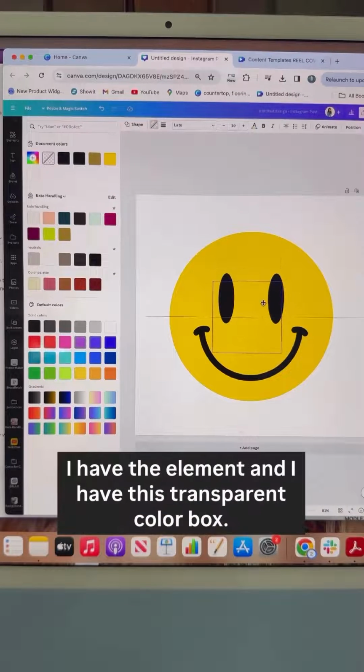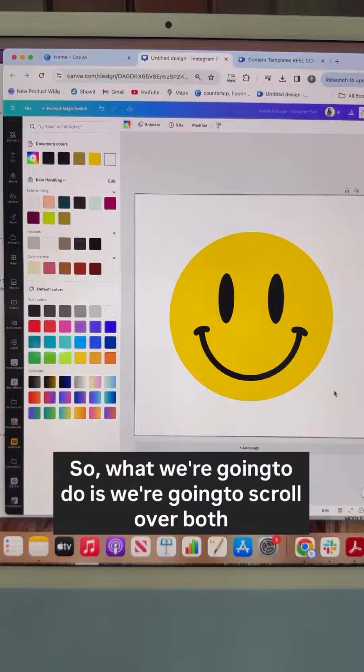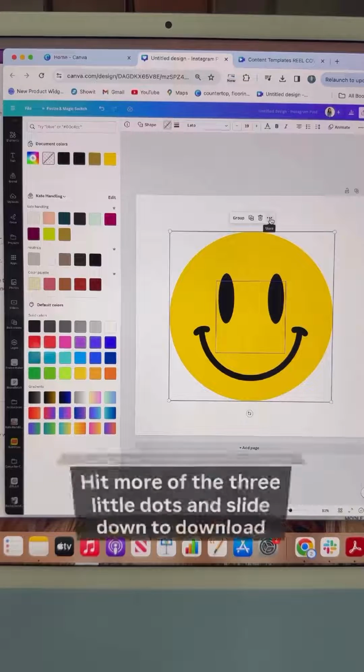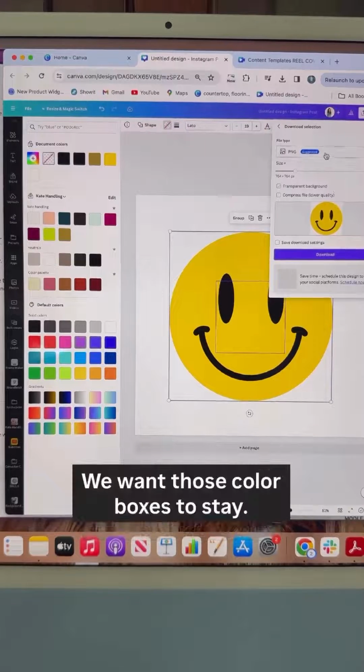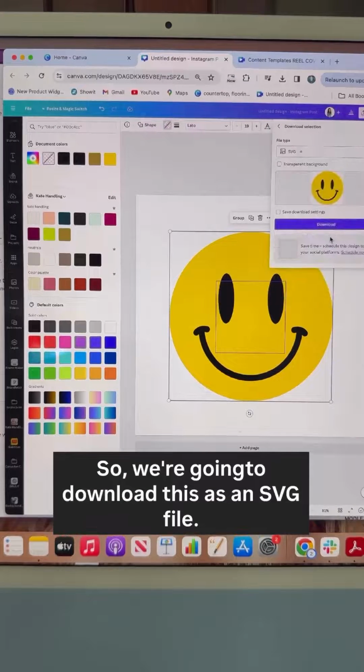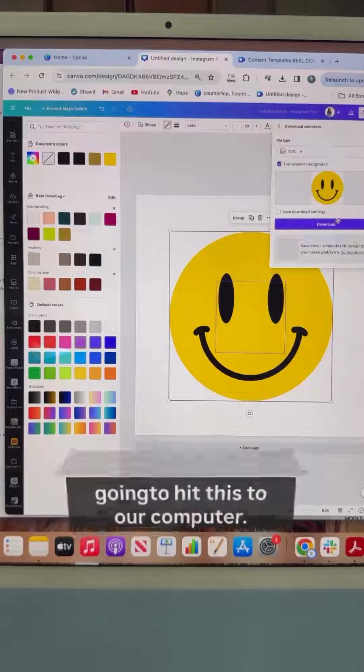So now you can see I have two elements. I have the smiley face element, and then I have this transparent color box. So what we're going to do is scroll over both of those elements there, hit the three little dots, and slide down to download selection. So again, this is an element that has color boxes. We want those color boxes to stay, so we're going to download this as an SVG file. We want it to have a transparent background, and then we're going to hit download to save this to our